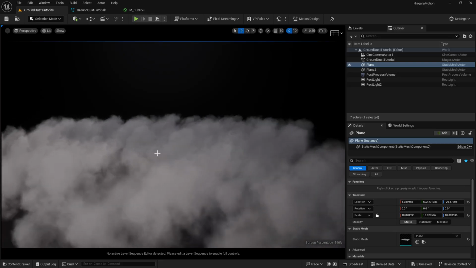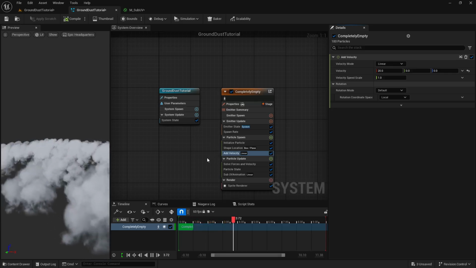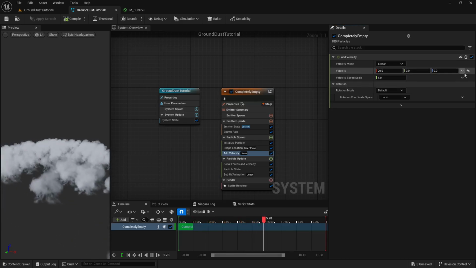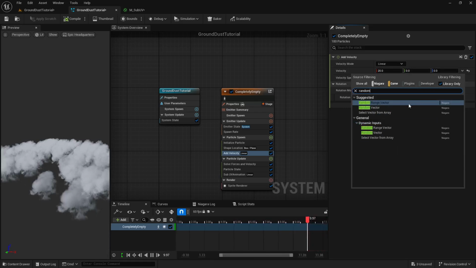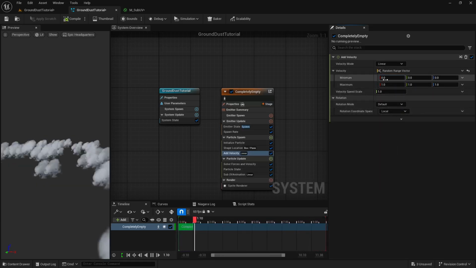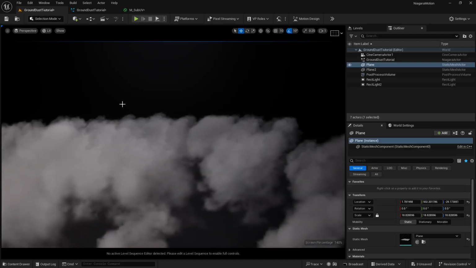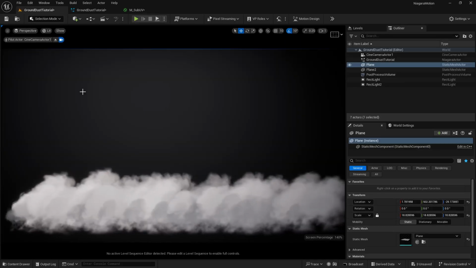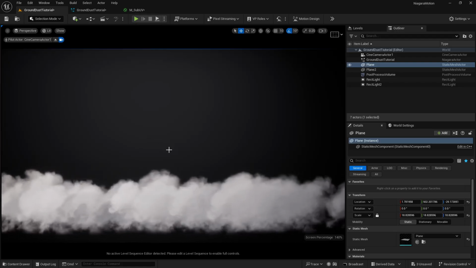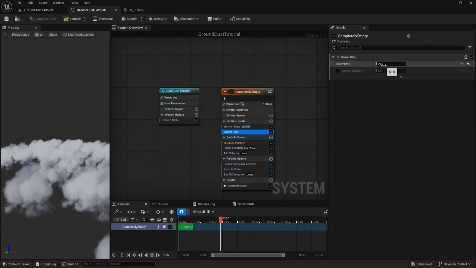Okay, but we can take it much further. What we can do, we can also add a random velocity range of minimum and maximum. So just click here and type random range vector, and you can define, let's say, from 25 to maybe 50. Okay, so some are going to be fast and some are going to be slow here. So if I look from my camera view, now you can see they are looking something like this here. And now if you feel like increasing the particles here, you can do that as well.